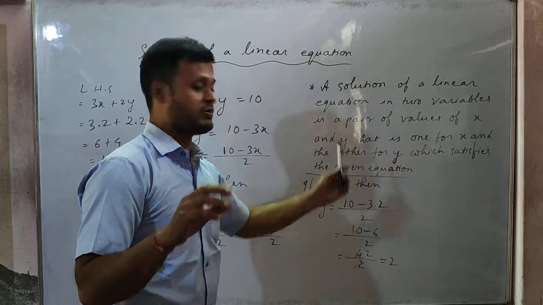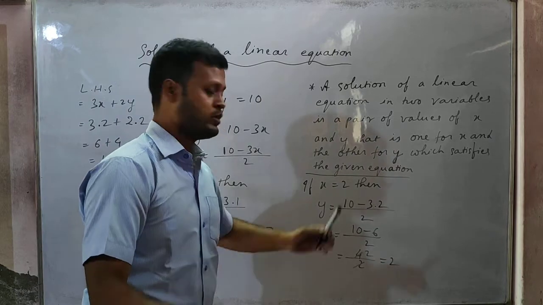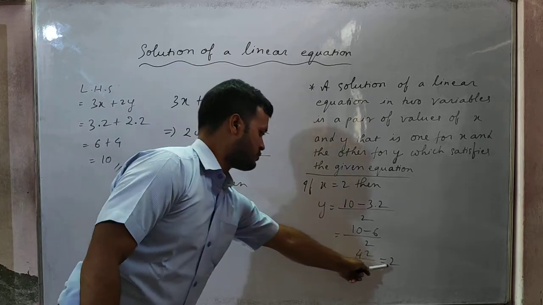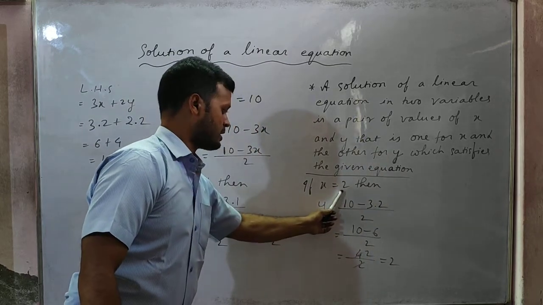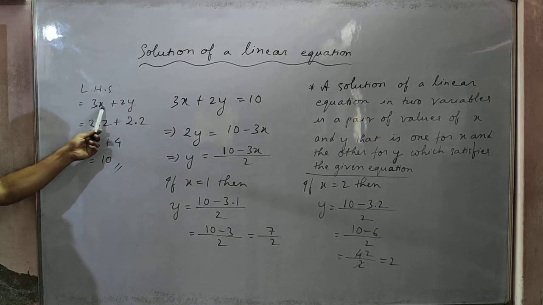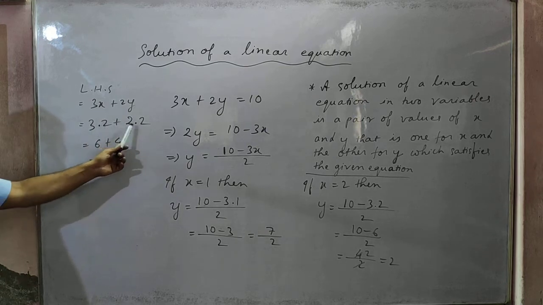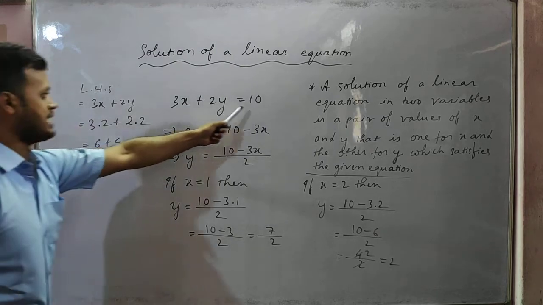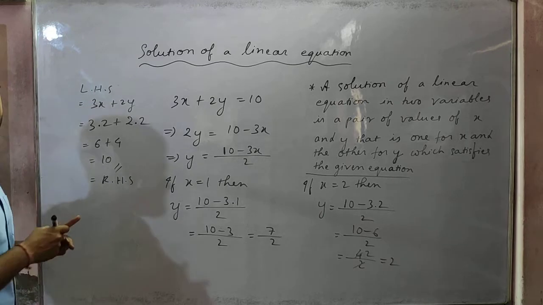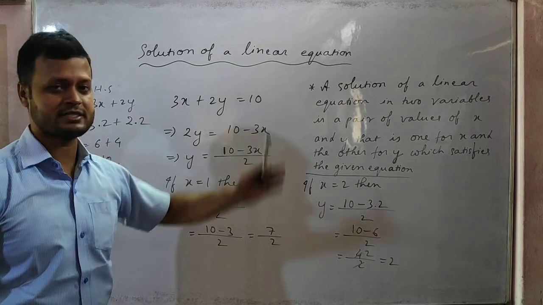So a solution is a pair of values of x and y, that is, one value for x and the other value for y, which will satisfy the given equation. Here one value of x is 2, and for y it is also 2. If I put 2 in place of x and 2 in place of y and solve it, 3 into 2 is 6 and 2 into 2 is 4. 6 plus 4 is how much? 10. The right hand side is equal to how much? 10. So the pair of values of x and y is satisfying this given equation, isn't it? Because on putting the values of x and y, the left hand side and right hand side are becoming equal.